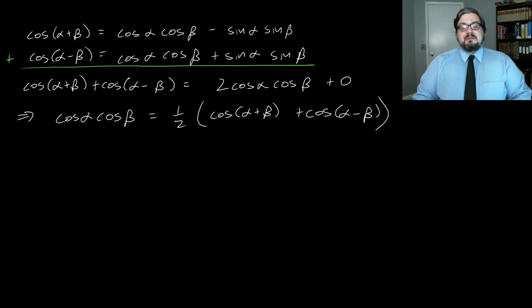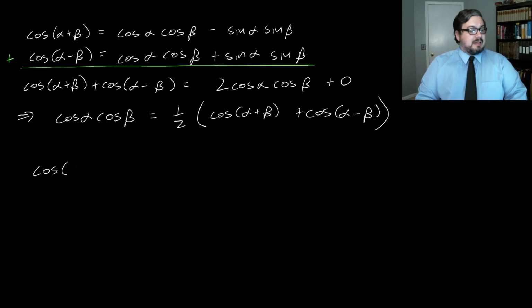So this gives us a couple of different kinds of expressions that we can look at. We looked at sine of alpha times sine of beta. We got a formula for that on the last page. Here we've gotten a cosine alpha times cosine beta. The last thing that we want to do to get a sine alpha times sine beta, a product of two sine functions, is we want to take these